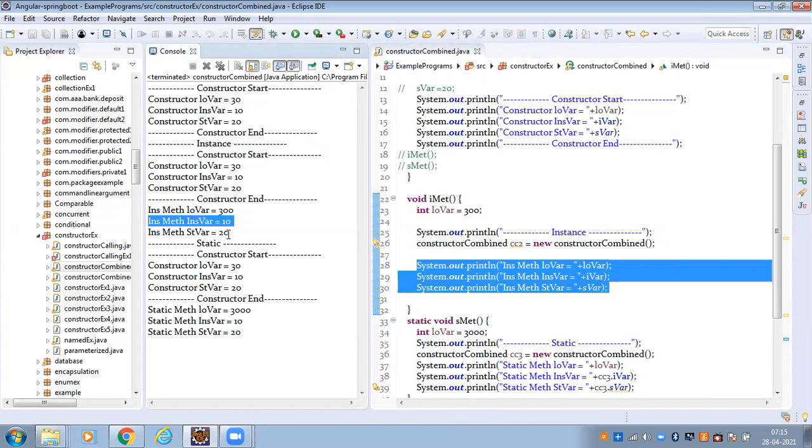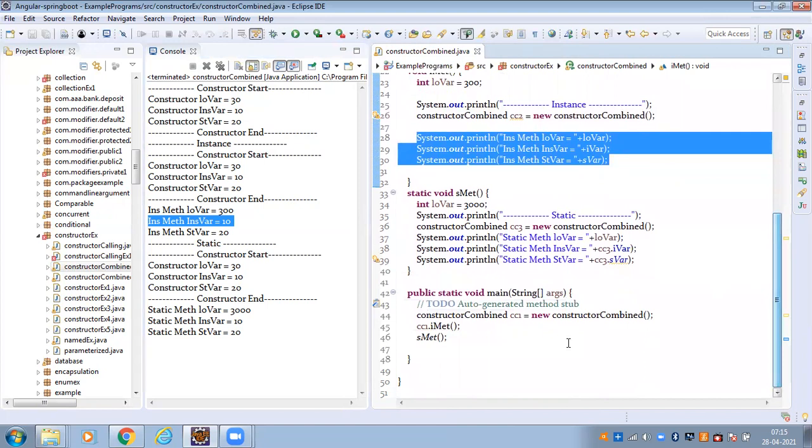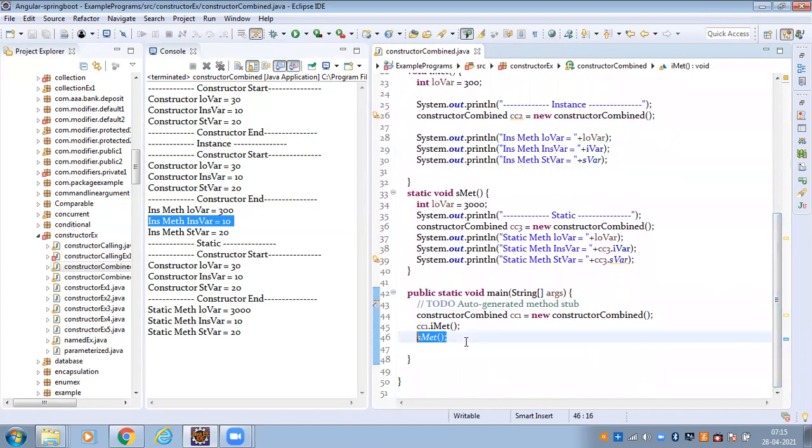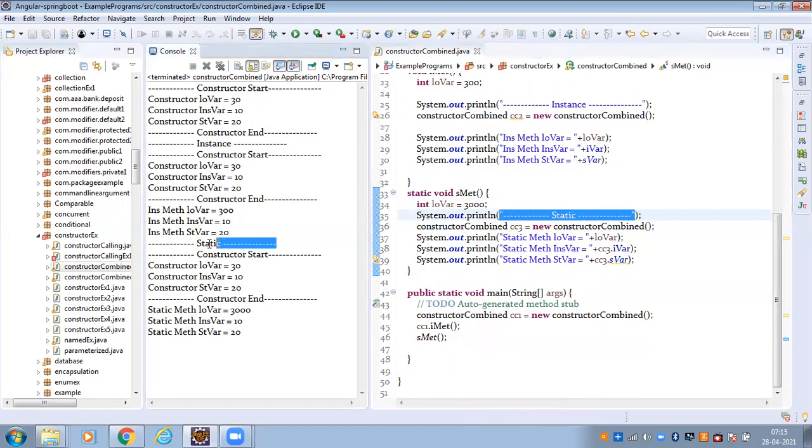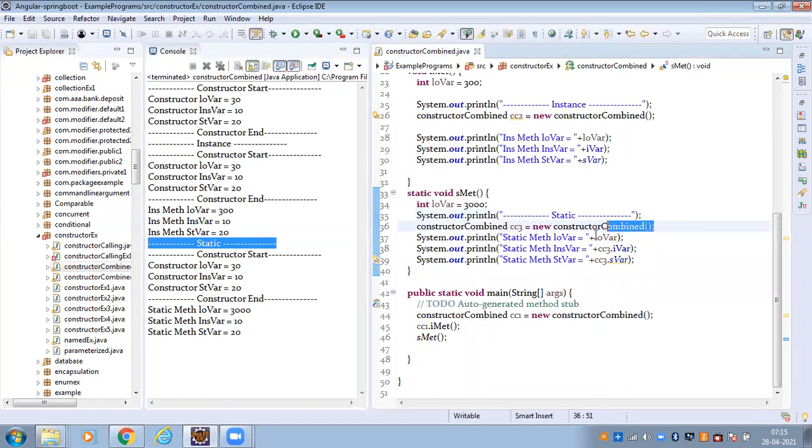Then after this, it goes to the main method. Inside the main method, next I have to call the static method. Inside the static method also I have to create a local variable, and the static is printed first. So the static is printed here. After that, I have to create the object.